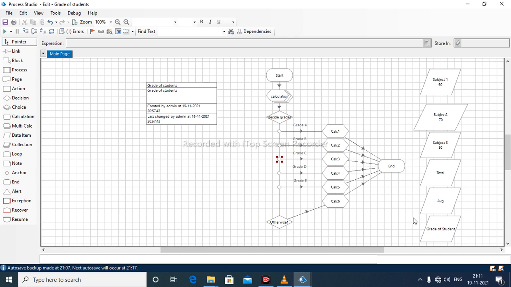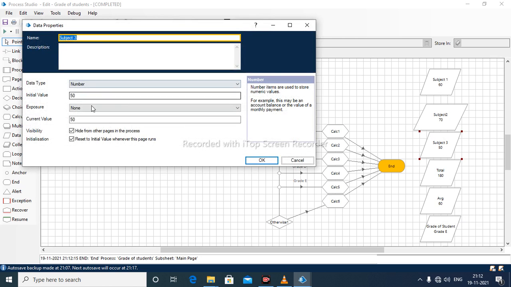Now I will run this process. There is an error 1, so I will reset the process, and you can see the error count is 0. So if I run the process, it has calculated the total first, then the average, and after that it has printed grade as E. So if I change the value to 80, now we will check what will happen.